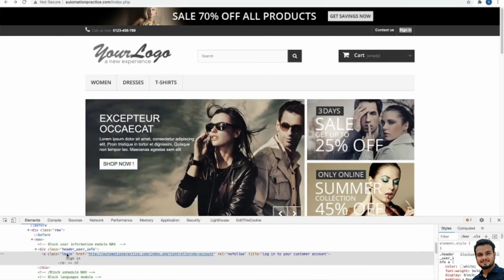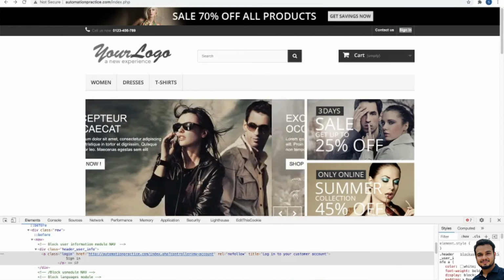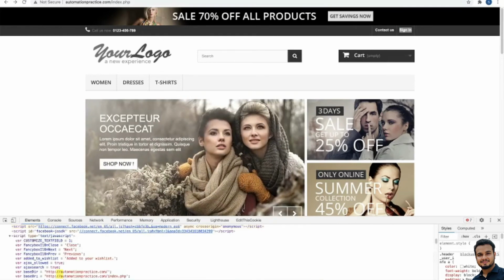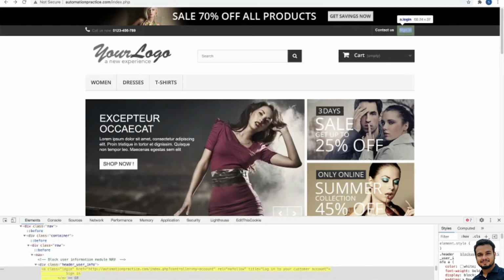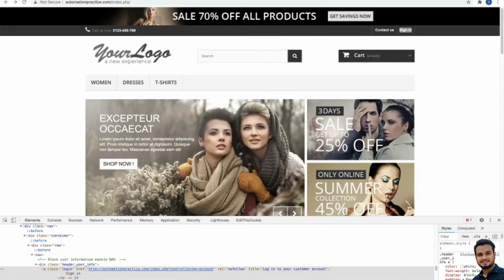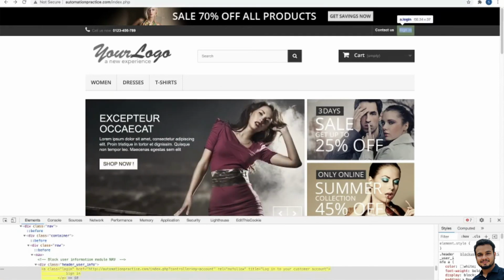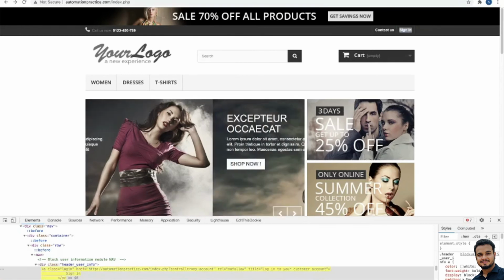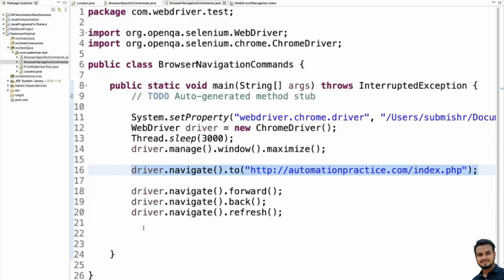So I'll just write a, then @class equal to login. So it should identify. If you don't know how to write XPath, please refer to our previous video. We have already explained how to write XPath.